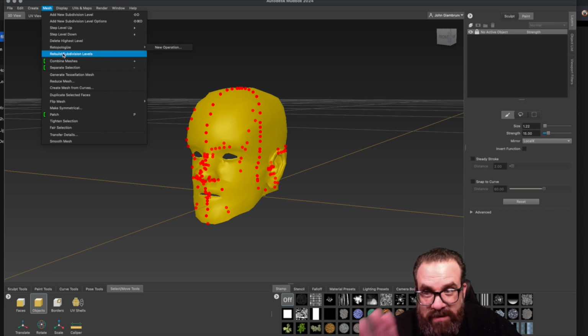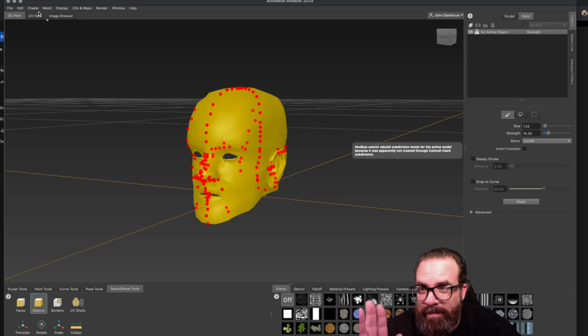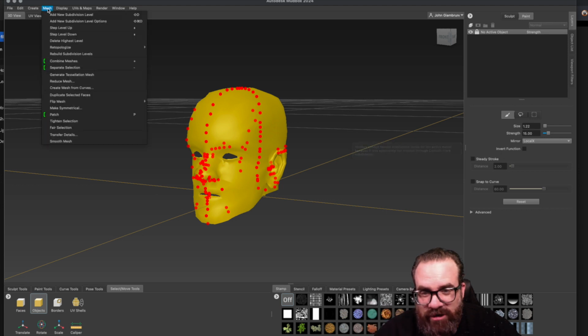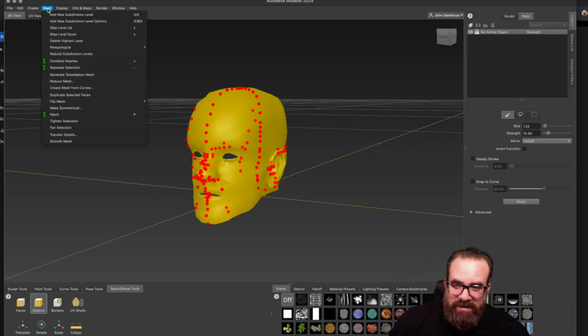Sometimes you can rebuild a subdivision level. That's still going to cause an issue. I'm still going to get an error, right? Let's see. Please don't freeze my recording. Can't do it. I'm trying to show you, like, if everything else gets broken,